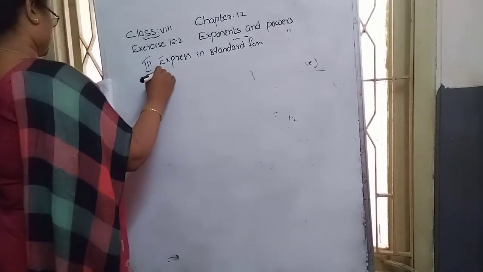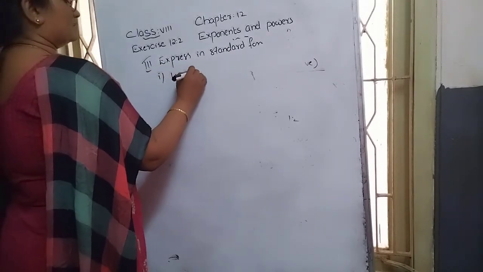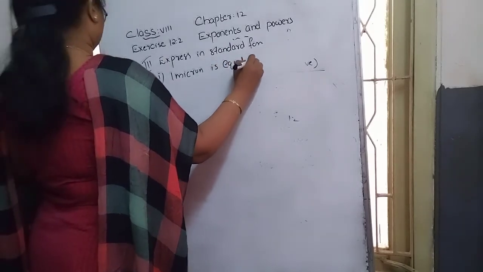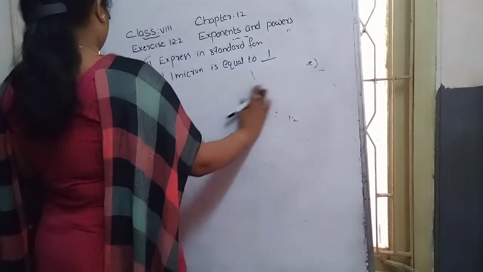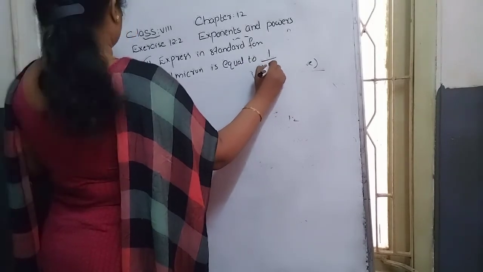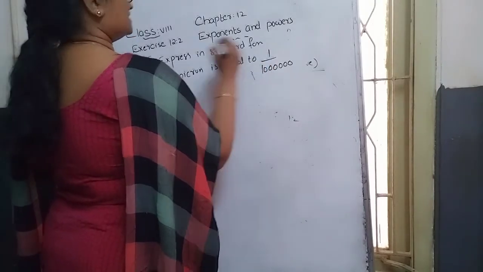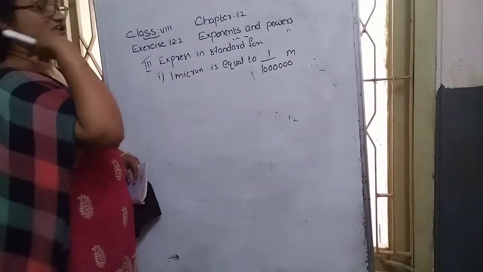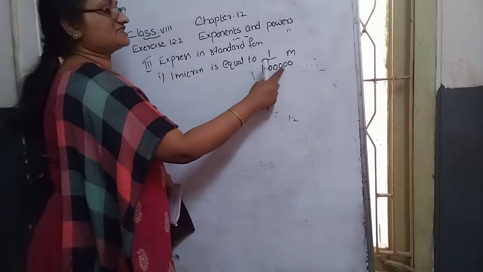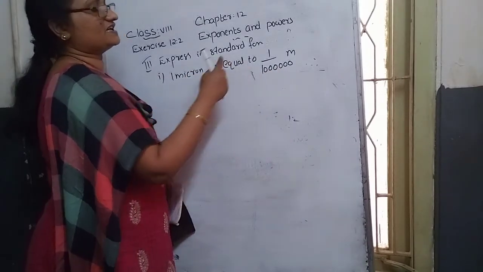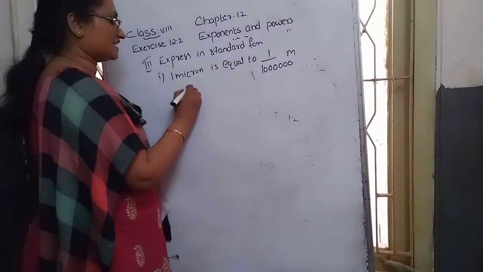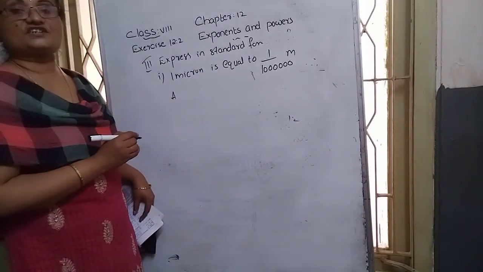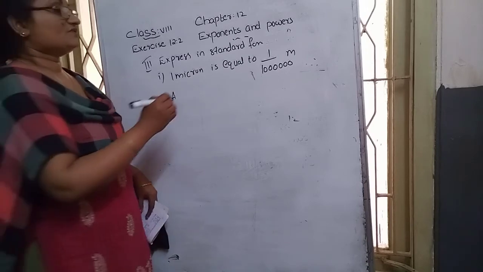The question they have given us: 1 micron is equal to 1 by 1 stands under 1000, 10,000, lakh, 10 lakh. 10 lakh is given. How can we express this answer with respect to power notation, base 10? We can write it as